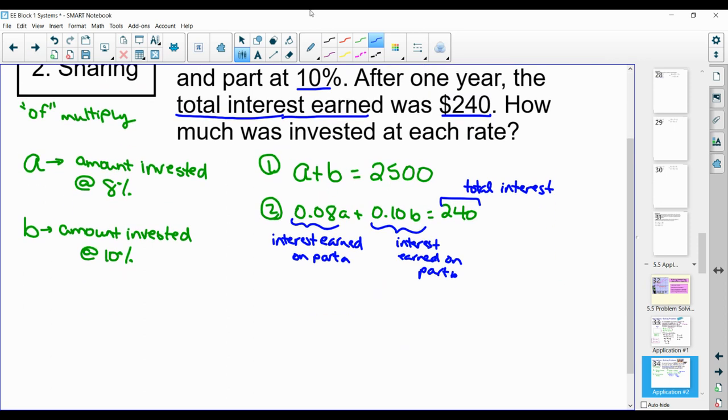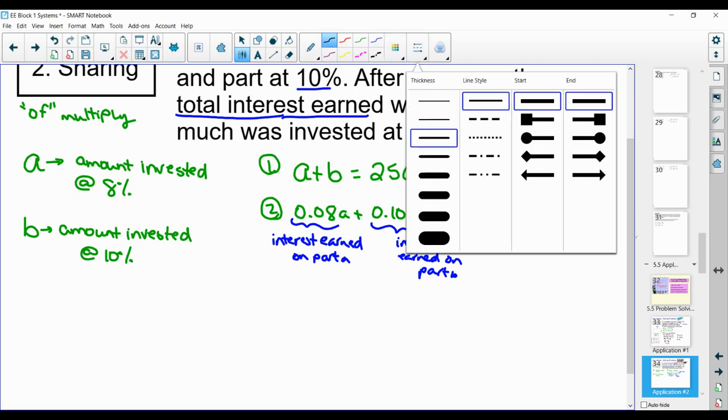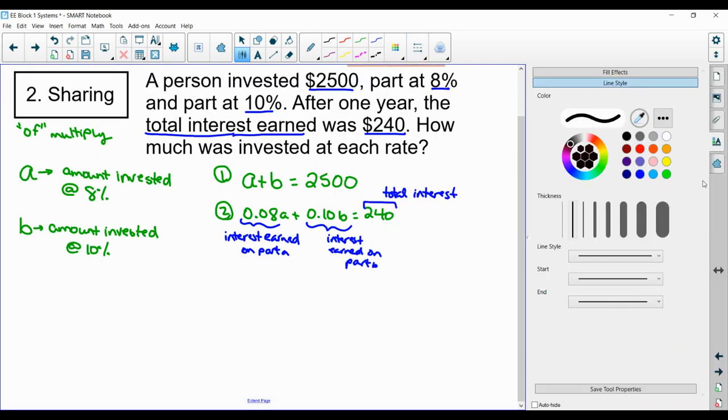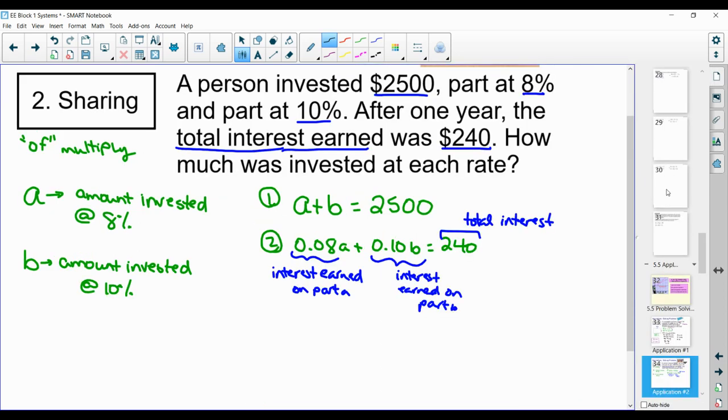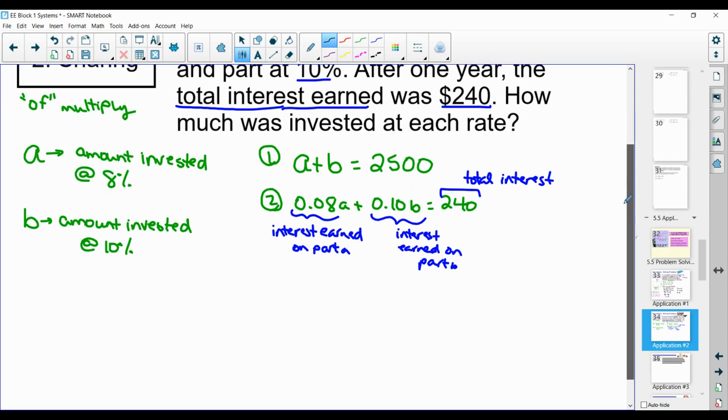All right, so we have our two formulas here. We've got A plus B equals 2,500. We've got 0.08A plus 0.10B equals 240. All right, so let's do some solving here. Now, I chose again to use substitution because this one is quite easy to manipulate and turn into substitution. So I chose to rearrange and solve for B. You could just as easily rearrange and solve for A. So rearranging this, I'm going to have B equals 2,500 minus A. Again, you could write that as negative A plus 2,500. So subbing the first equation into the second equation, I'm going to have